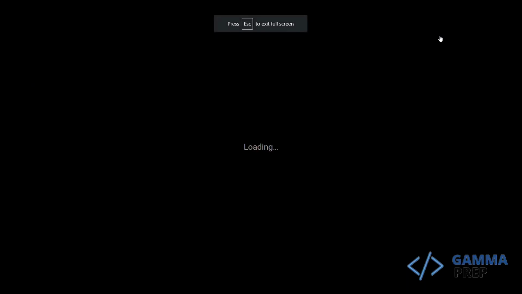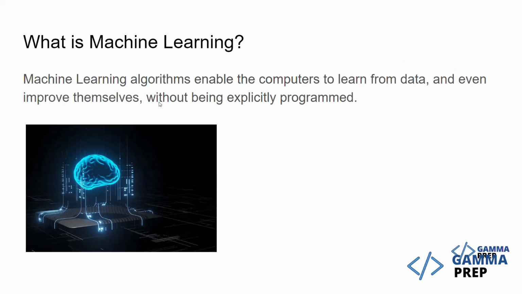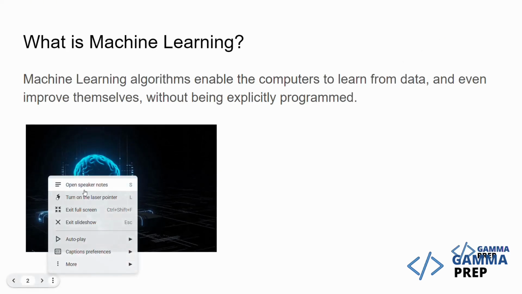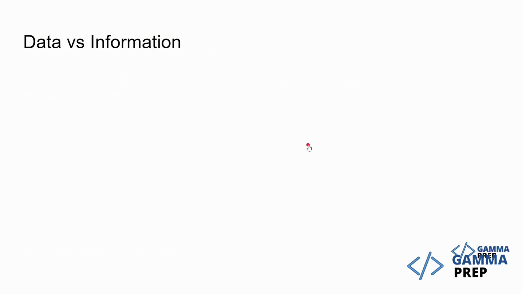Okay. Now, let's move ahead to machine learning. We already discussed data science, machine learning, AI. So, machine learning is basically enabling the computers to learn from the data. Basically, we want the machines or the computers to learn. So, machine learning means machines learn from the data without us having to explicitly program them. We don't tell them what they need to do. They are going to learn from the data, they are going to improve themselves, and then perform some tasks for us. Now, these are two things, data and information.